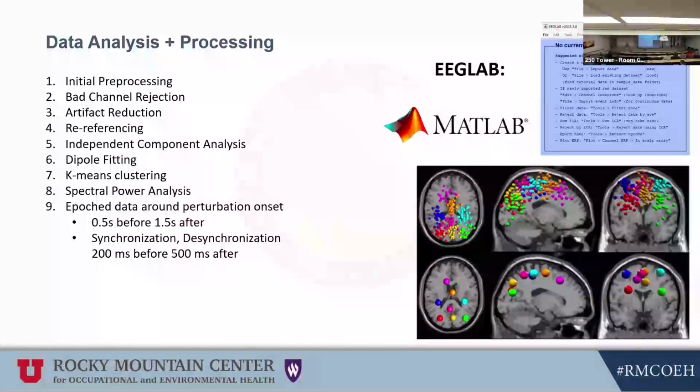Then you get to independent component analysis, where you can fully separate what is true brain activity, and then dipole fitting. And so each independent component was fit into an equivalent dipole to identify components in plausible cortical regions. So kind of look